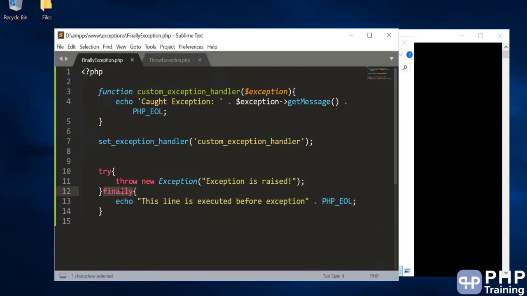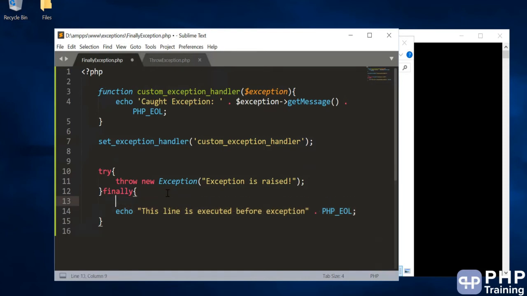So that's how you basically define a finally block. It's a finally keyword, and then you open and close the curly braces, and whatever you do inside this will be executed for sure. Even if there's an error or no error, this block will get executed 100%. Irrespective of error or no error, this is the safest block where you can close all your open connections. You can set some variables to default, all those things you can do in the finally block, because these blocks always get executed with or without exception.